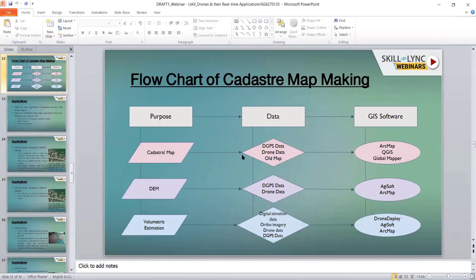And the purpose, if you need a cadastral map, then for making the cadastral map, what type of data do we need? We need DGPS data, drone data, and old maps. Old maps means old topo sheets, topographic sheets, which have been prepared by walking survey, or we can say first leg survey. With the help of first leg survey, previously in the traditional method, we have prepared some topo sheets. With the help of the topo sheets, we will